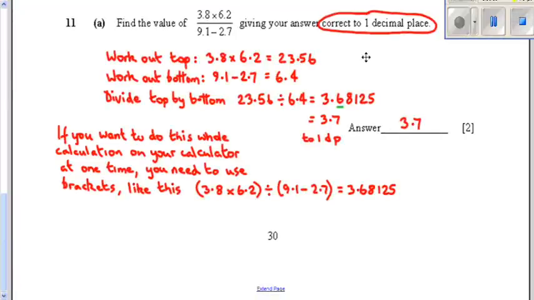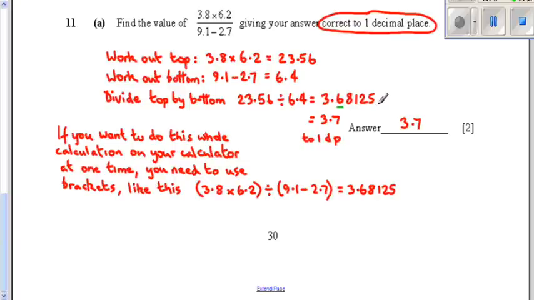So here's 11a. Find the value of that calculation, giving your answer correct to 1 decimal place. So you need to remember here that obviously you need a calculator for this. So we'll work out the top first. 3.8 times 6.2 is 23.56. Write that down. Work out the bottom. 9.1 minus 2.7 is 6.4. And then we're going to divide the top answer by the bottom answer. So 23.56 divided by 6.4 gets you, on your calculator, write down the numbers